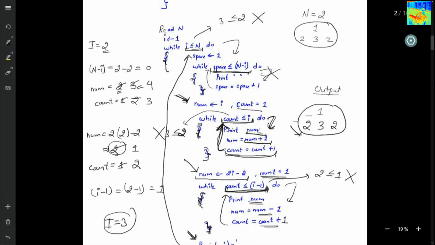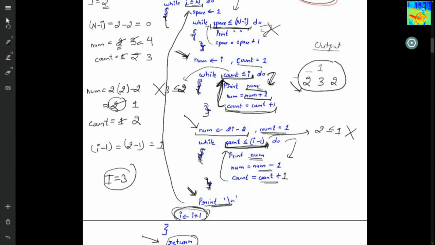So I hope you understood this problem. This is the toughest problem we have solved till now. And my suggestion to you is take out your pen and paper, try to understand the problem, break the problem into different parts and simulate all those parts. Try to write pseudocode on your own. Take different values of n and run your pseudocode and see whether your pseudocode is right or wrong. Okay, so I hope you understood this problem. So if you have any doubt in any question that we have covered till now, feel free to ask.